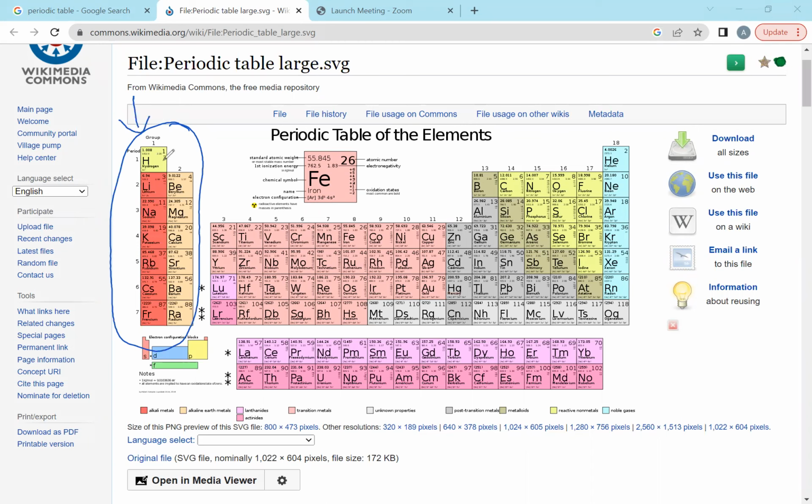All of these are going to have a +1 charge. Okay, and then all of these are going to have a +2 charge, right? Meanwhile, the smaller boxes, the boxes that have the lower height, like these, they're going to have